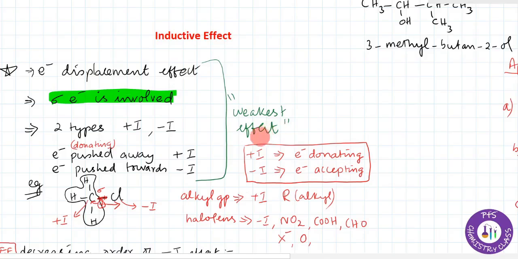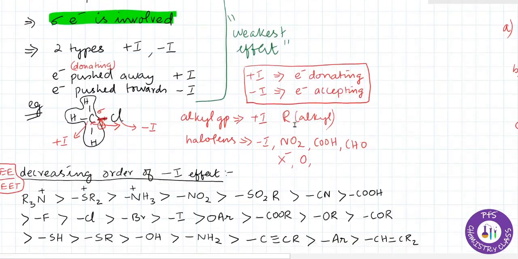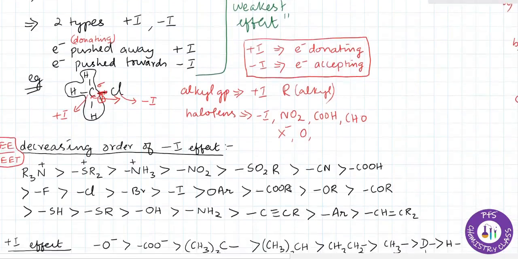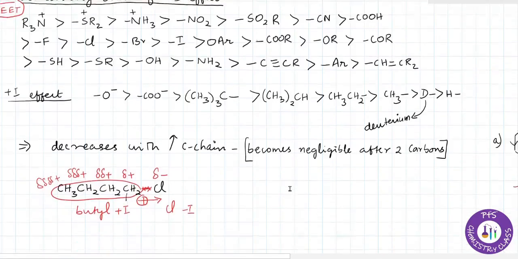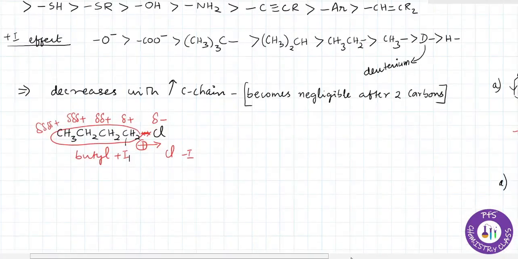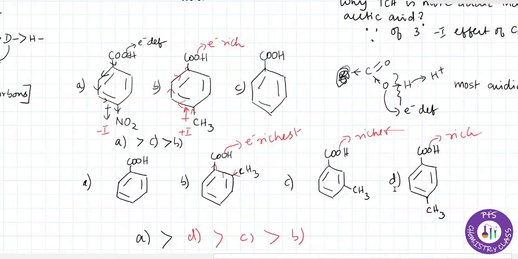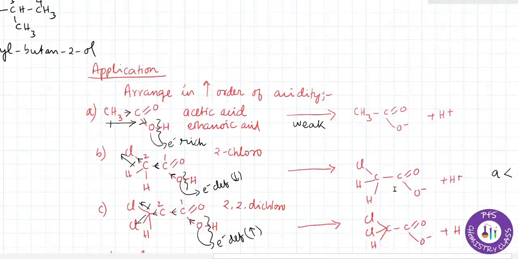And inductive effect is the weakest effect of all the effects that I have listed. Now let us see what the applications of inductive effect are. It is about how to stabilize the intermediate, and by stabilizing it, how we are able to predict a reaction. We will see that in detail. We will take an example of some compound, say for example,